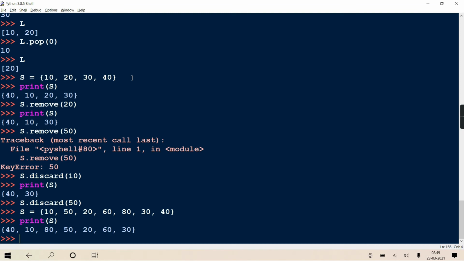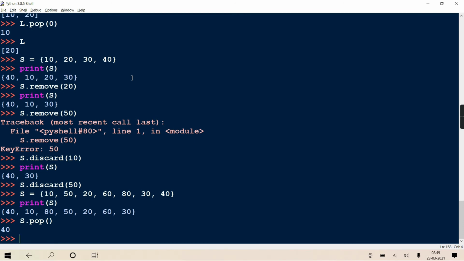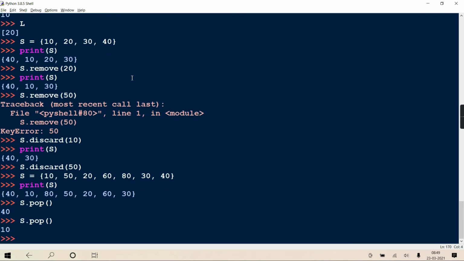This is the sequence, and when I write s.pop(), it will pop 40. s.pop(), it will pop 10 now. Getting it? So that sequence, this way it goes on deleting. Normally it deletes from the last, but that is the same order, no? The order in which we have added, the same order is maintained in the list. So in that case, when I say s.pop(), it keeps removing from the last.